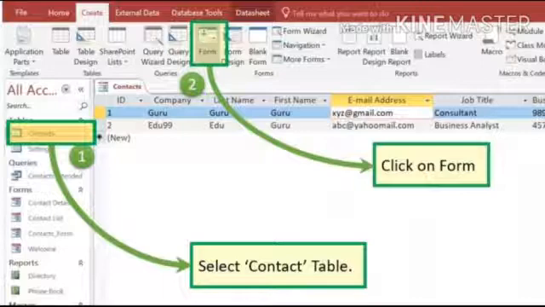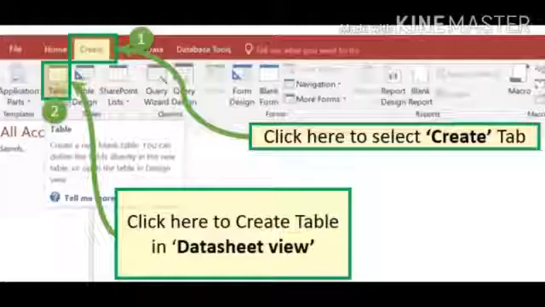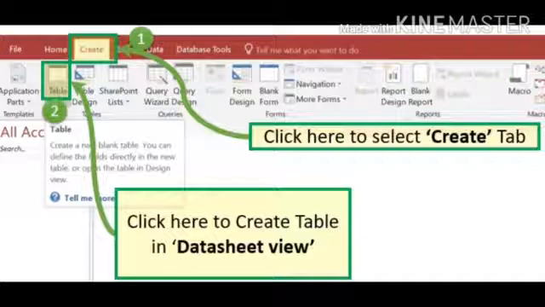The main thing is that in a database you have to store the information for a long time, so that any time when you want to search your database you will get the information. In the same way, you have to click on the Create tab, then click here to create the table in Datasheet view. When you want to fill the data in a database, you require Datasheet view. There are different views, and I will discuss them later in this same video, where you can select the view and search your information and fill your information according to different views of the database.